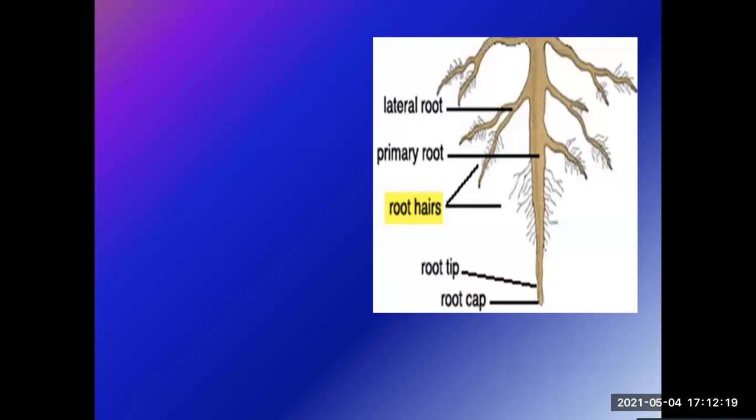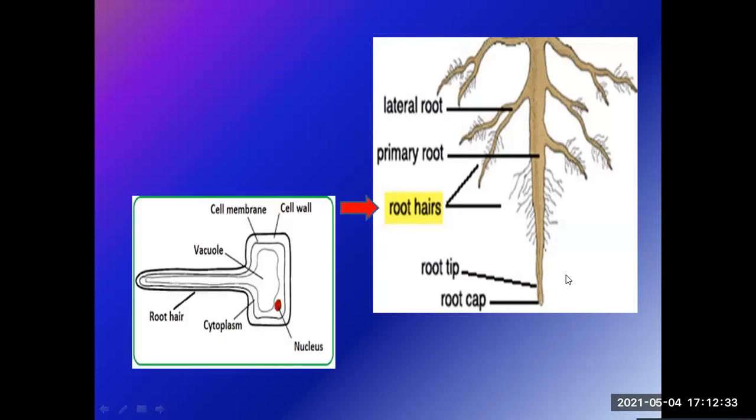Let's see the root. We have already come across, in a slide, lateral root and primary root. Yes, root hair. I want to show you what root hair looks like. So this is root hair. This root hair is very essential for the survival of the plant. It is not the primary root or the lateral root or secondary root or tertiary roots which is absorbing the water and mineral for the plant. It is the root hair which is doing it.